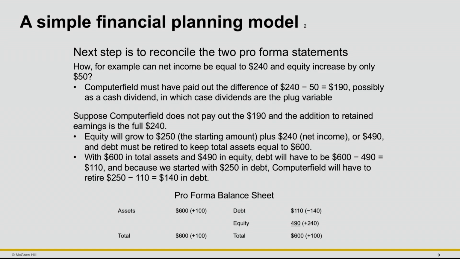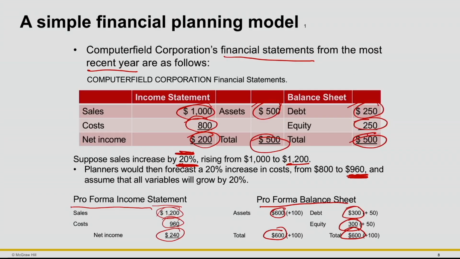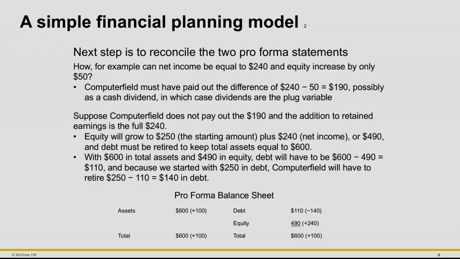Now, however, let's go back and look at this balance sheet for just a minute. Let me draw your attention to the equity line here. The equity stake has only gone up by $50,000 in this particular situation. But we've got a net income of $240,000. And if the equity only goes up by $50,000,